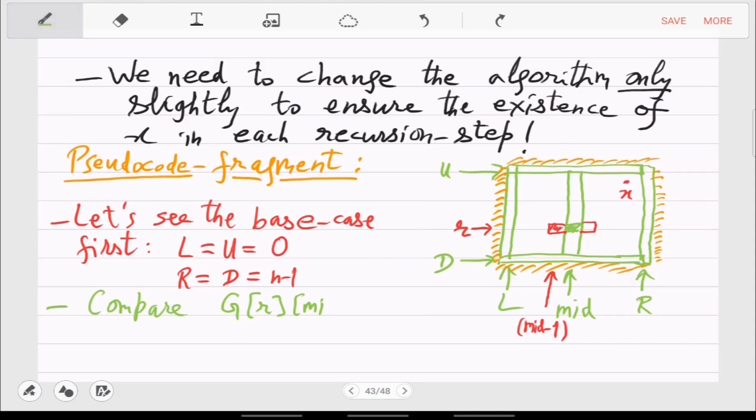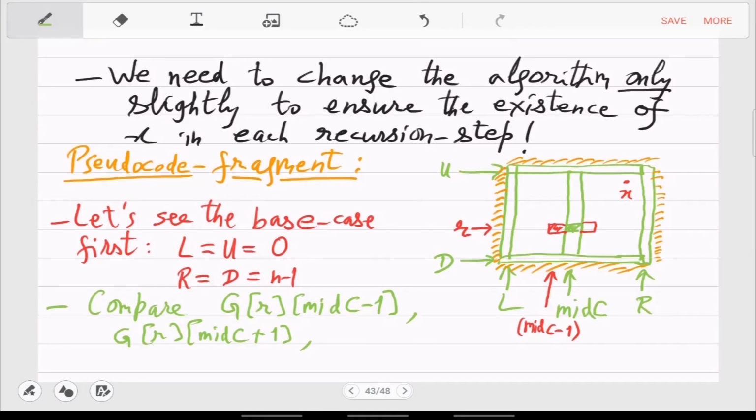Let me call this now mid column because there will also be a mid row. So compare this red element, the right red element, which is GR mid C plus 1, which we were doing anyways in the previous pseudocode, and we were picking the minimum.